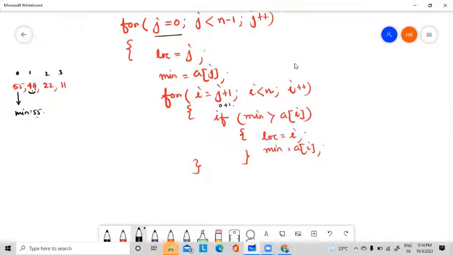যদি হয়, দেখো এখন মিনিমামে কে আছে 55, আর a of i কত, i এর ভ্যালু এখন কত, i কত দিয়ে স্টার্ট হয়েছে, 0 + 1 মানে 1 থেকে স্টার্ট হয়েছে, মানে এই এলিমেন্টটা। এটা কি মিনিমামের থেকে ছোট? ইয়েস। তাহলে মিনিমাম এখন কে হয়ে যাবে 44, আর লোকেশন কে হয়ে যাবে 1। ঠিক আছে, এরপরে i বেড়ে হচ্ছে